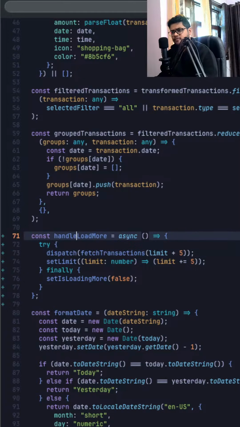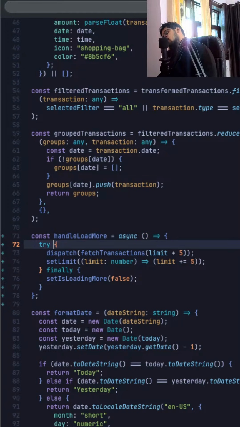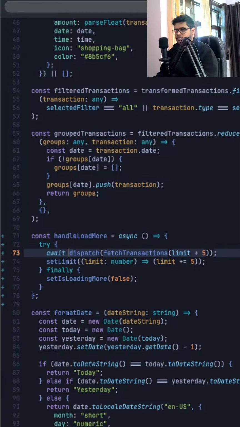I don't have to define a weight over here. I don't have to do that basically, but